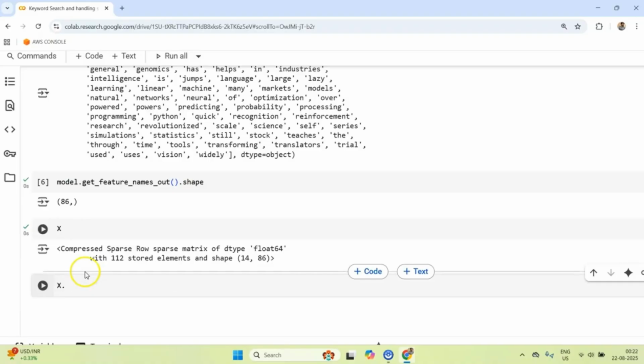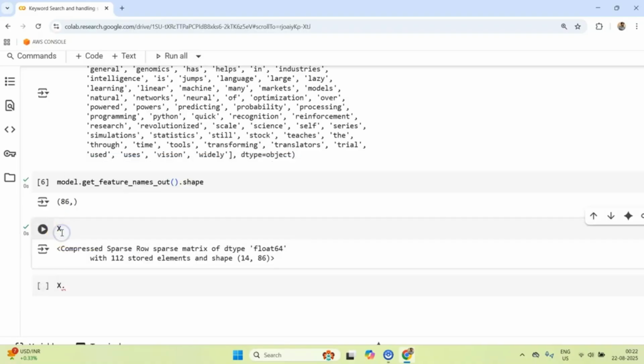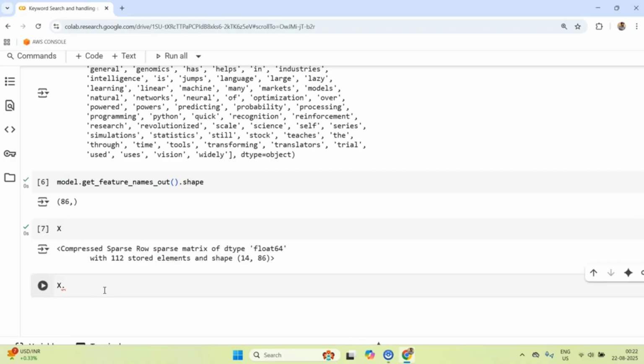Let me talk about sparse matrices. A sparse matrix allows you to store a high dimensional matrix in an efficient manner, so that it is not printing all the elements by default. I should not talk more about it because it will take away from the main core idea of this video. A sparse matrix just gives you a matrix which has lots of zeros and very few non-zero entries.